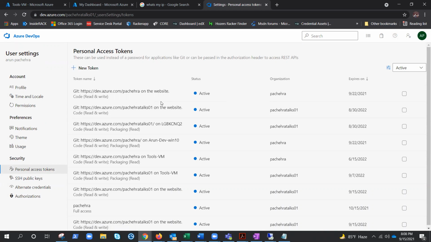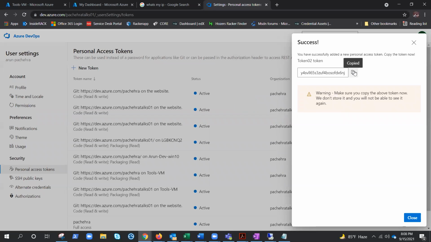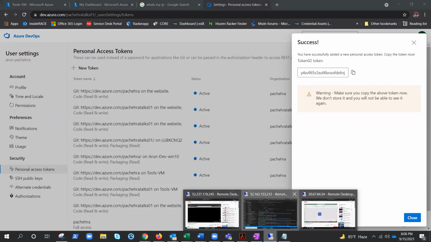And we can create a new token right here. You can give any name like token, token 02 or something. And let me give read and write and create. And we can utilize this token right here